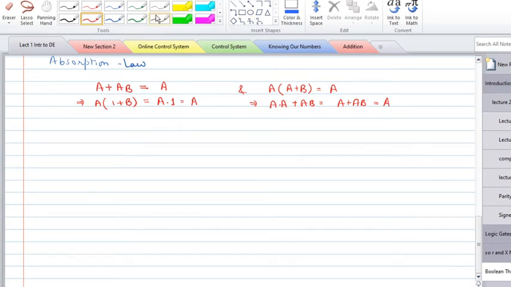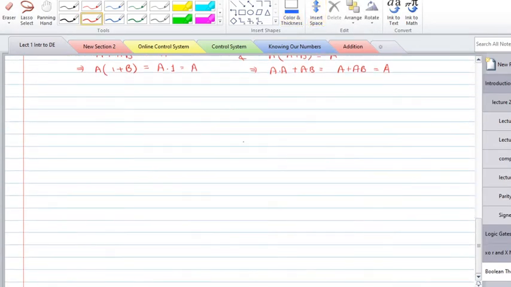Now the important theorem, that is De Morgan's theorem, or De Morgan's law. De Morgan's theorem says that if there is an expression of a NAND gate, like this,